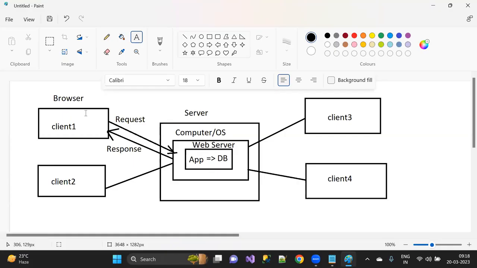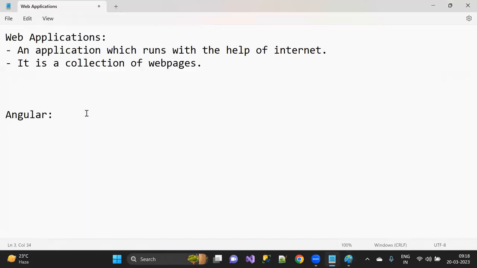That is the reason why, when I talk about web application development, the same importance that is there for server side technologies is there for client side technologies as well. That means, what is client side and what is server side? As I told you, an application is a collection of web pages.